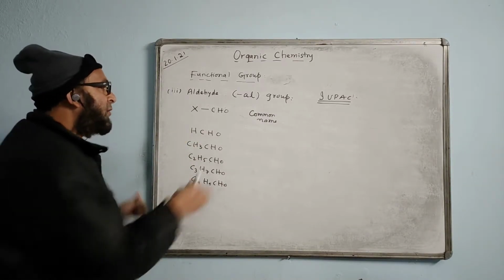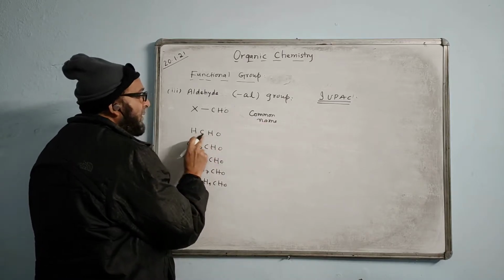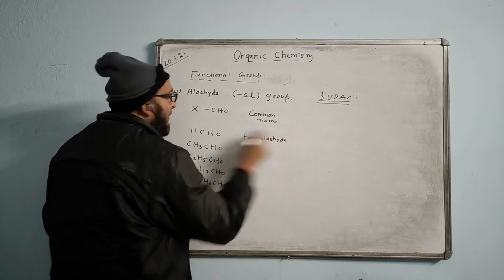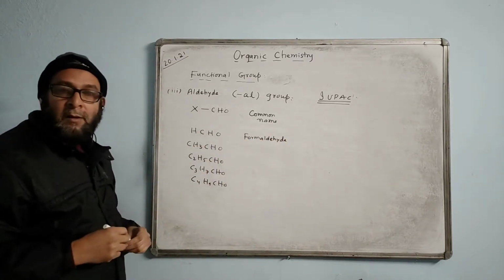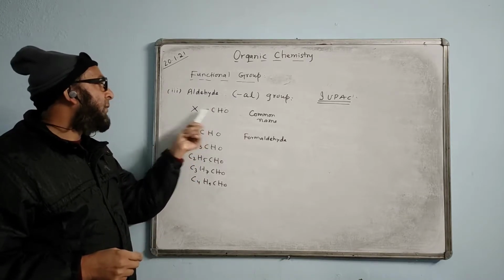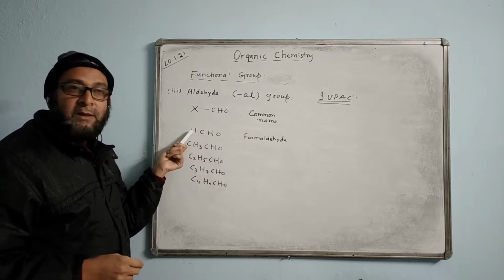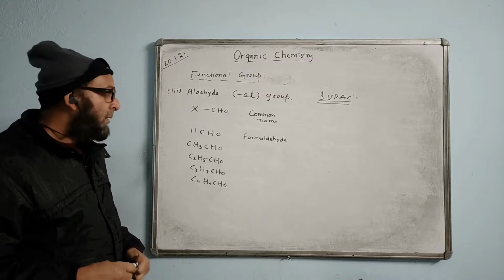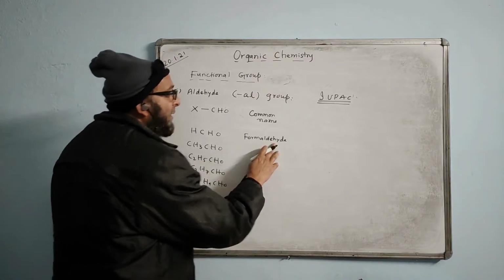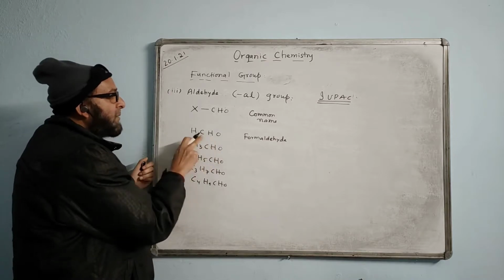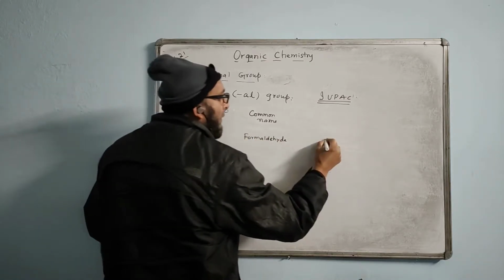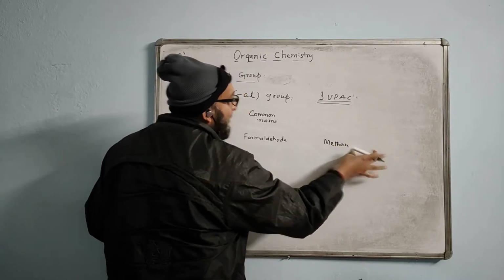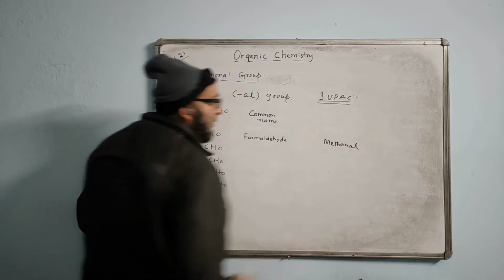And when we begin with H, the common name we call it is formaldehyde. This is the common name of this compound. When carbon is already there, we begin with H as the first member. There is a special rule for it. Then CH3, C2H5, all that will come after that. In the IUPAC system naming, how many carbons are there altogether? 1. So we will call it methane. Don't write E, just add methane and just add Al. Methanal.